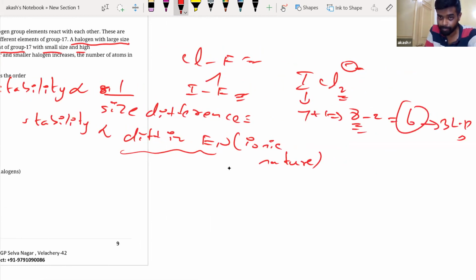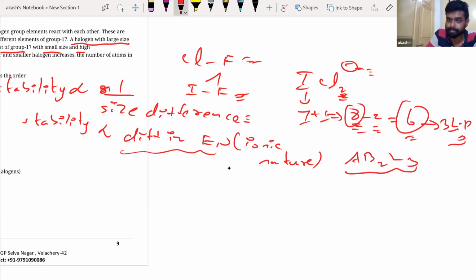Again, I repeat from the first. 7 valence electrons in iodine, plus 1 because of the minus charge, totally 8 valence electrons. I have 2 chlorine atoms with single bonds, so 1 electron will go for each chlorine, totally 2 electrons. So 8 minus 2, the remaining 6 electrons will definitely be in the form of lone pairs. So 3 lone pairs. Now this is of the form AB2L3, 2 bonding atoms and 3 lone pairs.